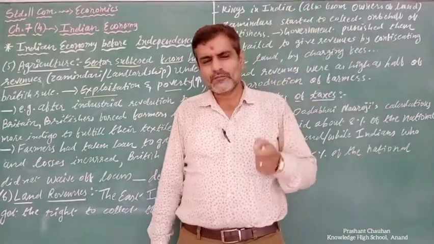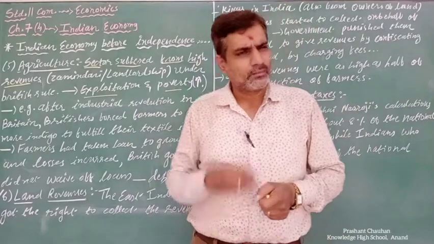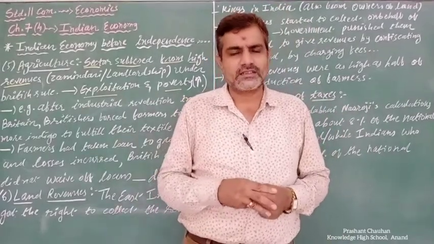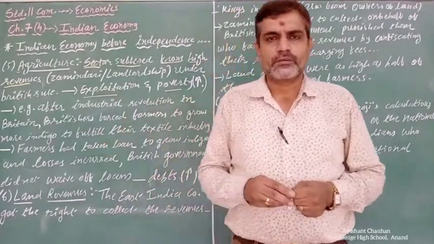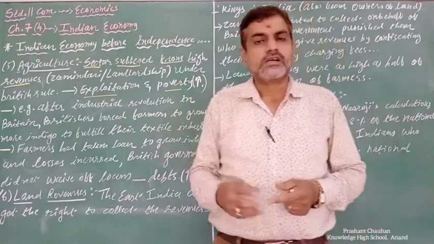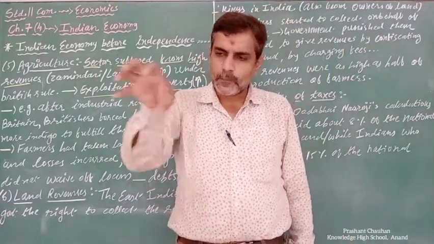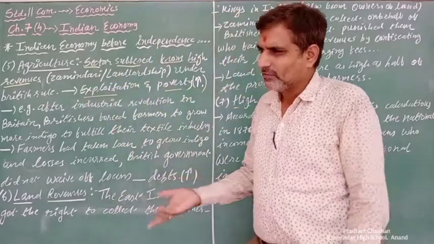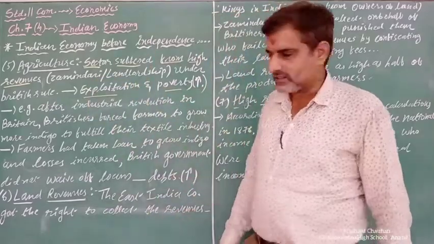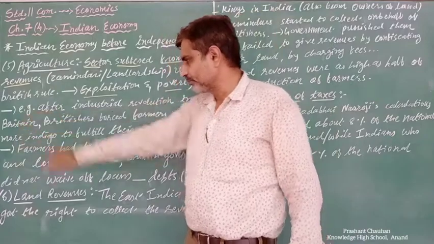Also, some information regarding the Zamindari system. By force, they were collecting the taxes, right? Revenues were generated from the farmers to the Zamindars. So the Zamindars were compulsorily collecting tax from them by force. Whatever the output is, you have to pay the taxes. Let us see one example.